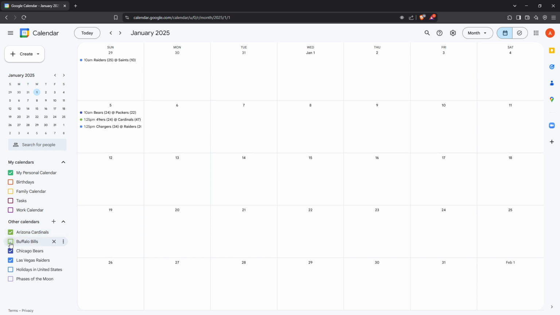And there you have it, you've successfully integrated your favorite NFL team's schedule into your Google Calendar. This setup will render your calendar not only informative but also a hub of excitement as you anticipate each game day. As always, if you have any questions or need further clarification on any parts of this process, feel free